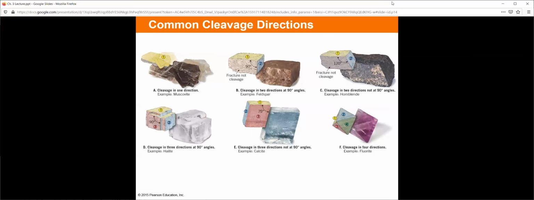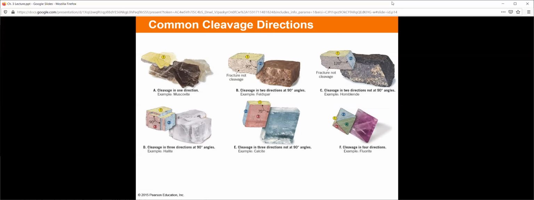A is what I'm talking about here. Muscovite is, that's mica. You can also have cleavage break at different angles. And again, all these are examples of if the rock's going to break naturally, it's going to break along certain edges. Halite likes to break in 3 different directions at 90-degree angles. Halite likes to come off in cubes. Calcite likes to break off in 3 directions as well, but it doesn't like 90-degree angles.